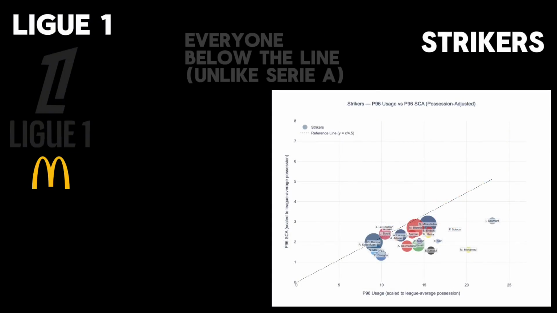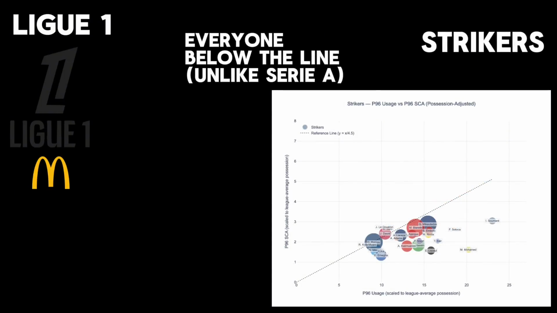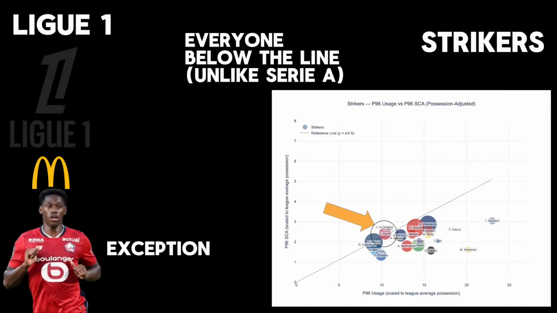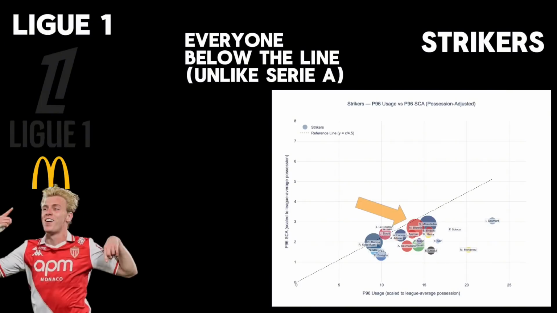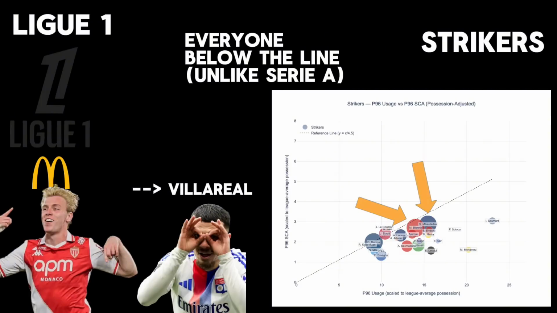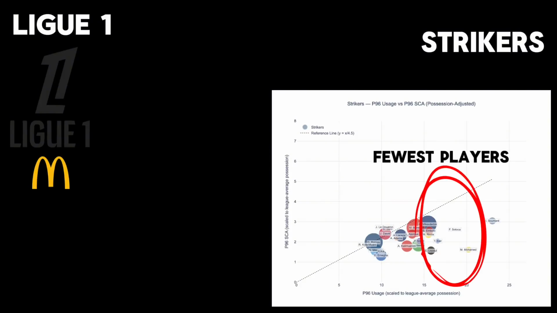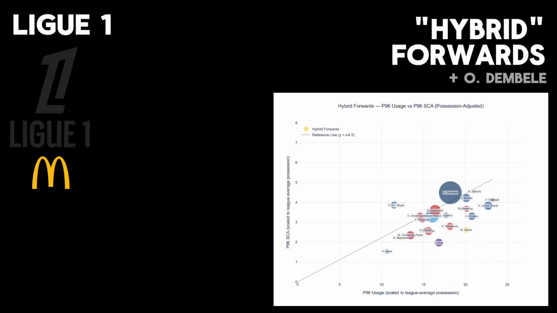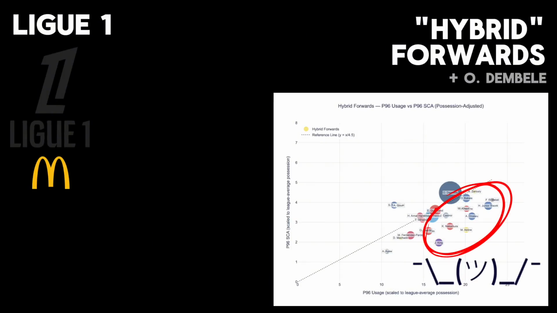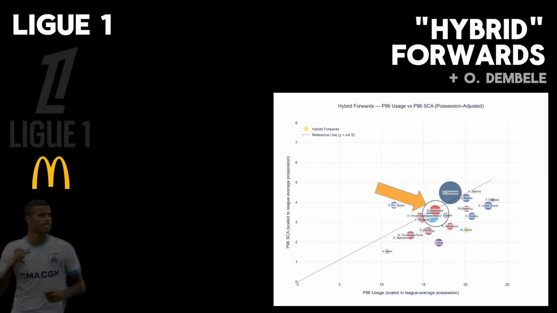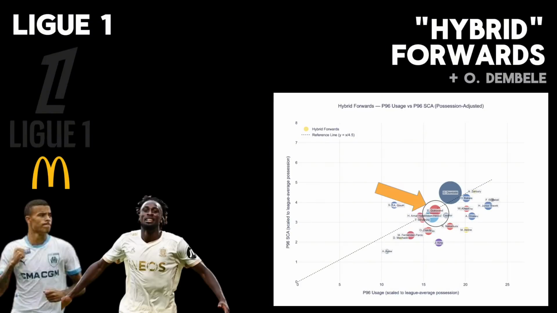Here are the strikers. Virtually all of these players are endpoint strikers. Only Jonathan David stands out above the line, although Mika Biereth and Mikautadze both look good, just maybe not for possession teams. Ligue 1 is also the league with by far the fewest number of strikers above this line. Here are the hybrid forwards. Almost all these players are below the line. These players are tasked with scoring goals for their teams, and none are particularly efficient or particularly good at scoring. The two best in this group were Mason Greenwood and Evann Guessand. We know that Mason Greenwood won't move, but Evann Guessand just moved to Aston Villa.